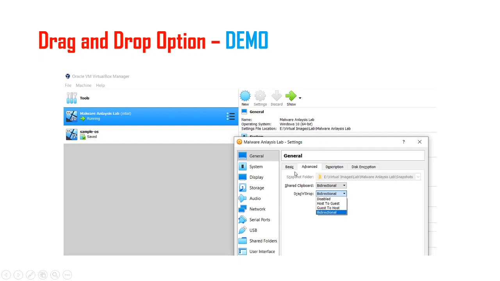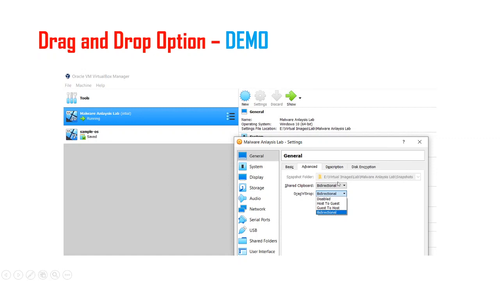We have to move from the basic general option to the advanced general option. In the advanced options, we have to change this setting. Previously it was disabled. We have to change it to bidirectional. We can copy or drag a file from guest to host or from host to guest. We can do this by selecting this bidirectional option.